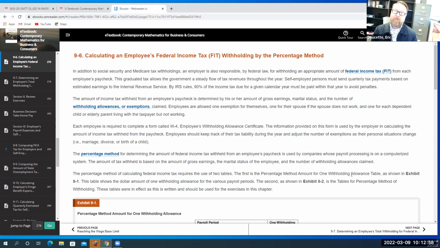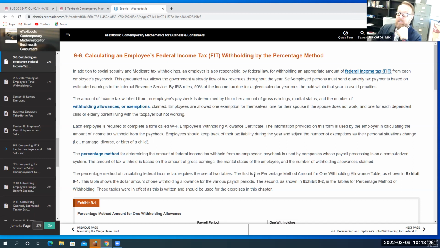So they want to file the most amount of deductions and have the government take out the least amount of taxes every paycheck. And then that way, at the end of the year, they may owe money, but at least they've had that money in their possession for all those months. And so it could be a benefit to you to file many withholdings, so that way you get the least amount of taxes taken out.